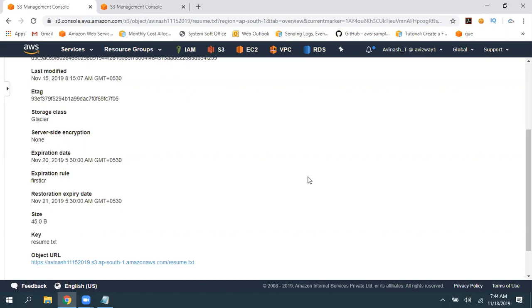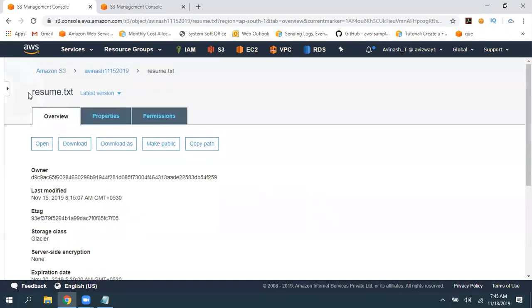You must go with default values. From standard to infrequent access, minimum 30 days. From infrequent access to Glacier, 60 days from object creation date. On the 61st day, you can move it to Glacier. So I believe you remember those values. So you must go with that.